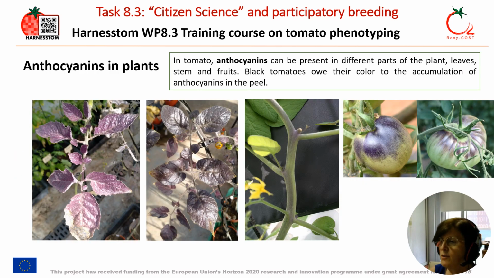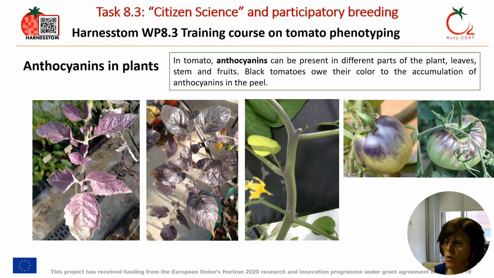Anthocyanins are the main water-soluble pigments widespread in many flowering plants. The red, blue, or purple colors found in various plant tissues, including flowers, leaves, fruits, and seeds, are mostly attributed to the accumulation of anthocyanins.